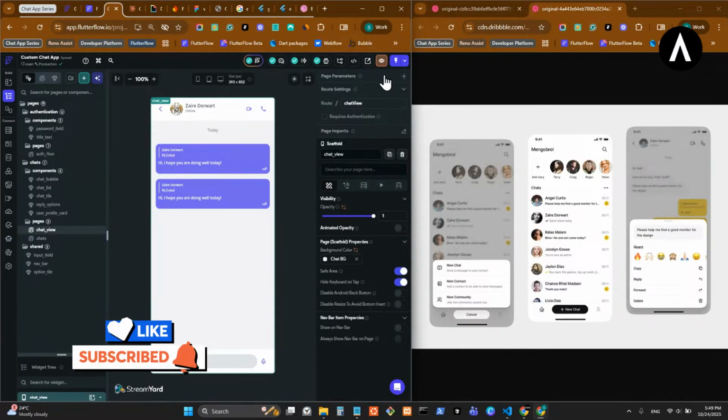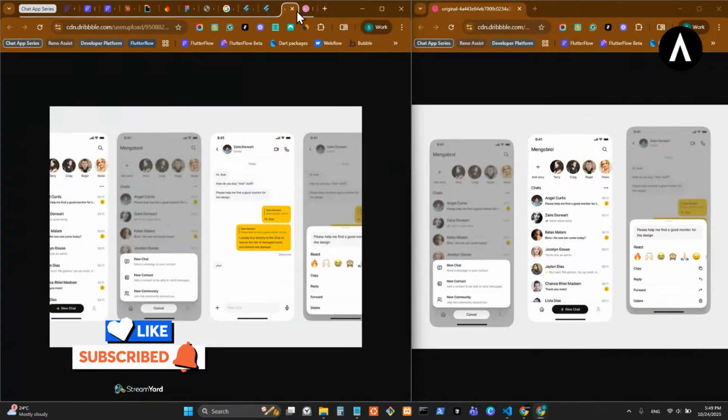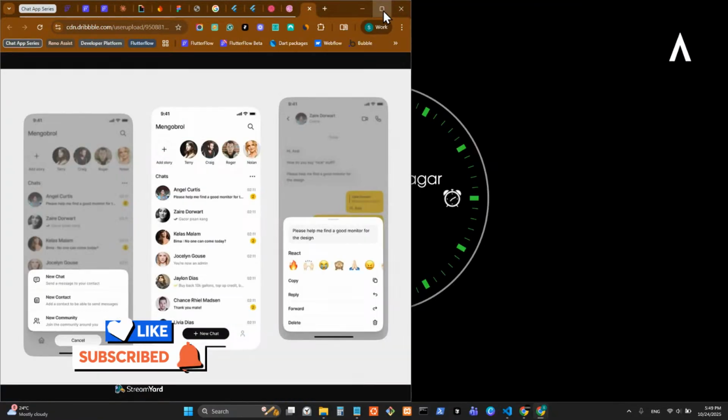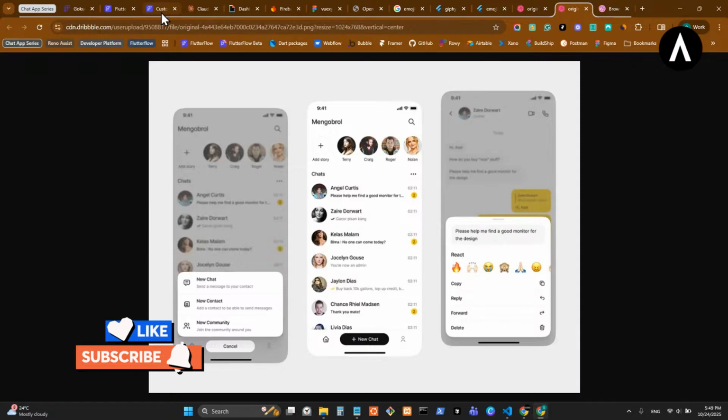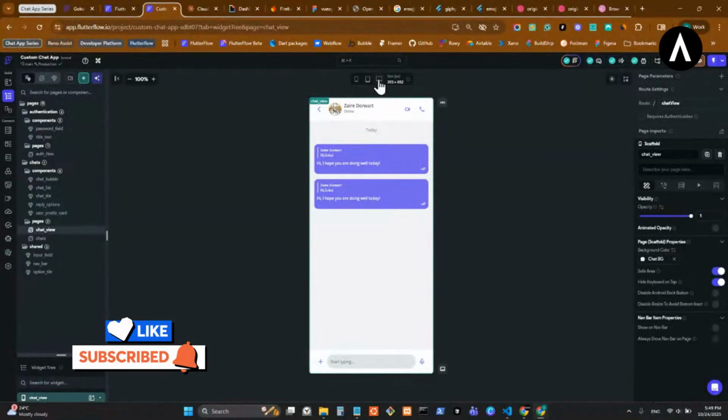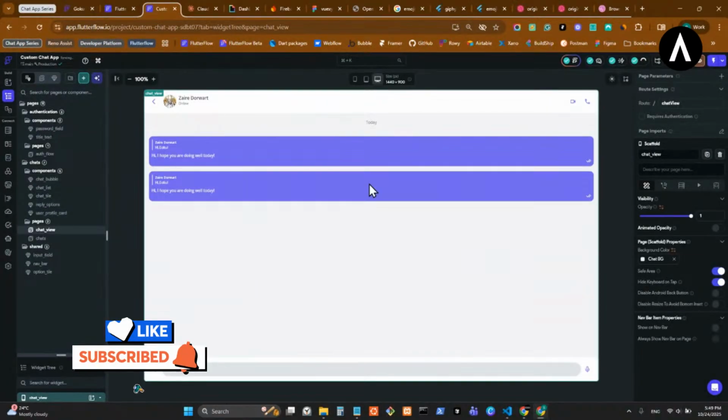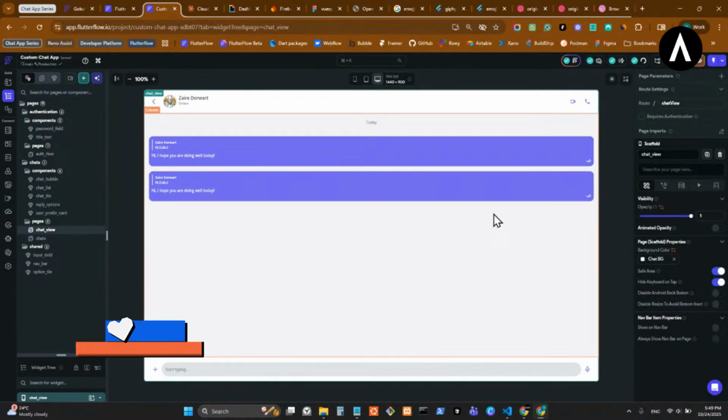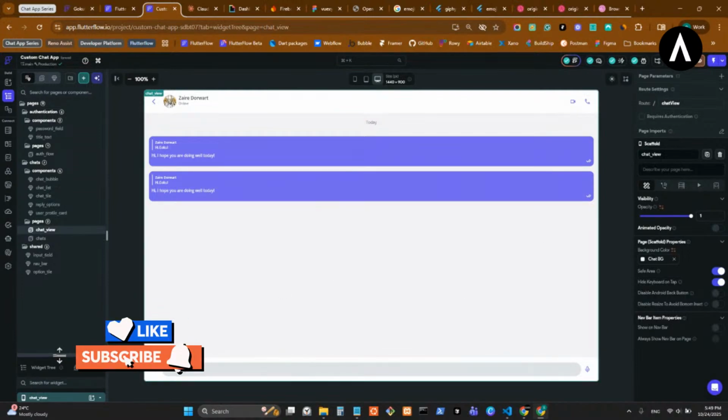And the goal is to build for both mobile and web UI. So we are going to make it responsive for mobile and web. Let's set it for web responsive. So, as I said, we need this chat UI responsive for both mobile and web, right? So what we are going to do is